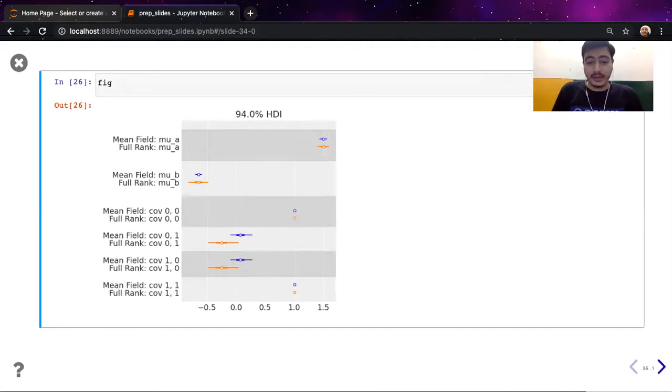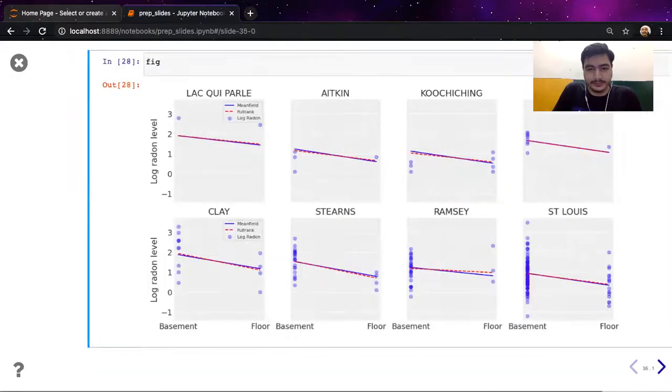Here we are just considering if full rank ADVI is able to model some sort of correlation. As you can see, in the mean field ADVI correlation matrix, it's actually the identity one, because earlier we were under the assumption that all the parameters are uncorrelated. Now in the full rank ADVI samples, we can see there is a slight correlation in the intercepts and slopes of the individual counties or groups. But we can safely ignore it because that's not a great correlation.